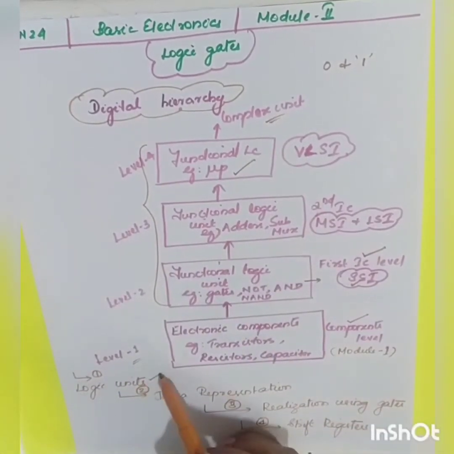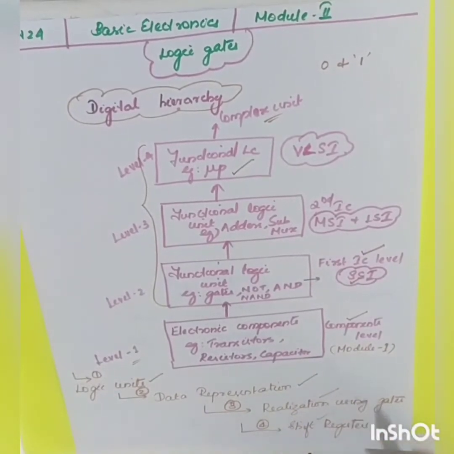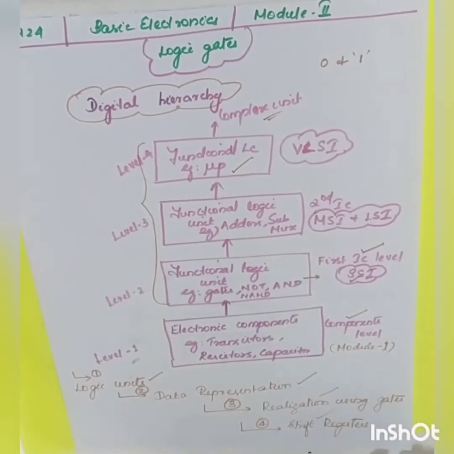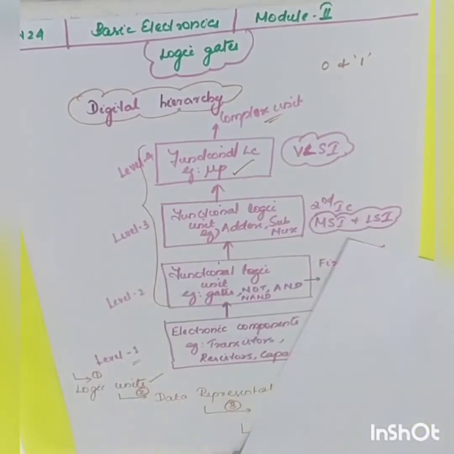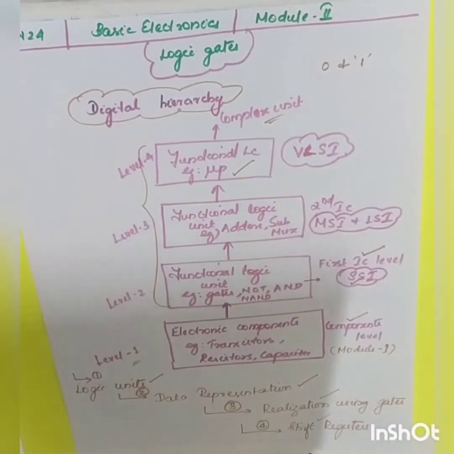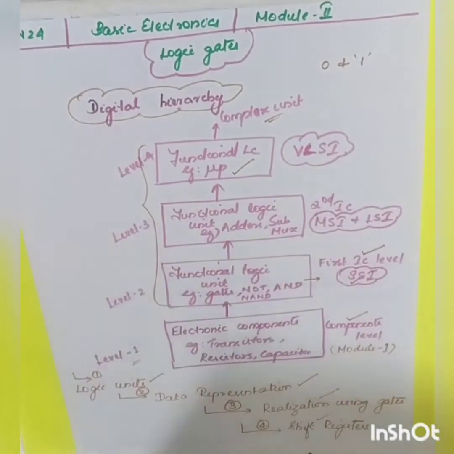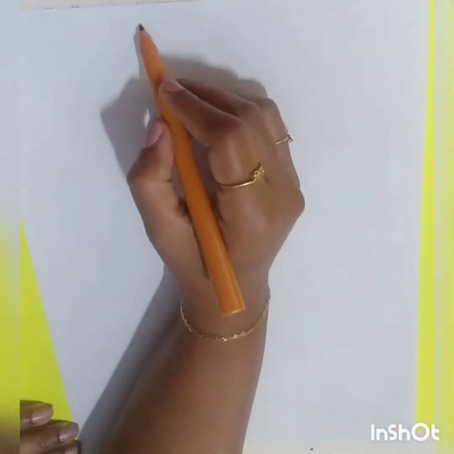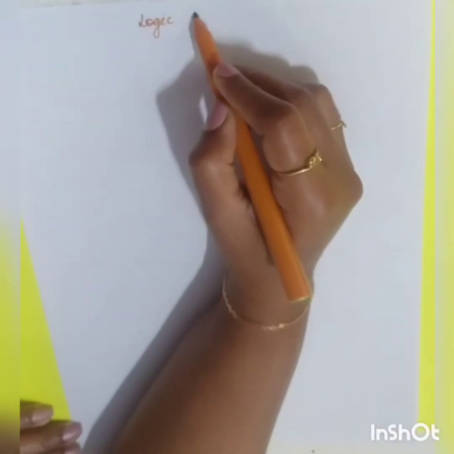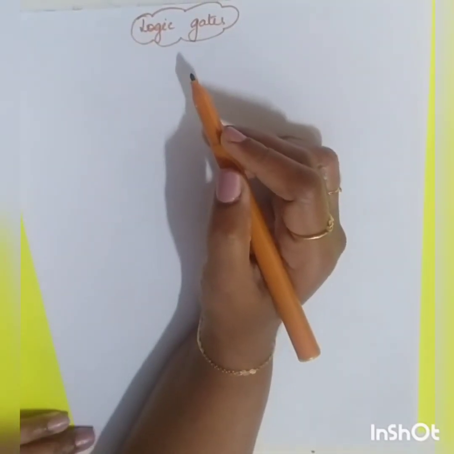four topics, that is logic units, then your data representation, realization using gates, shift register, and so on. Okay, so moving on to your first topic, which is called your logic gates. Under logic gates you are going to study the different types of gates available. Okay, so as per your syllabus, the only thing which is required is the logic circuit and the working principle along with truth table. Okay, so starting off with your first subdivision in logic gates, you are mainly studying 7 different gates. Okay,